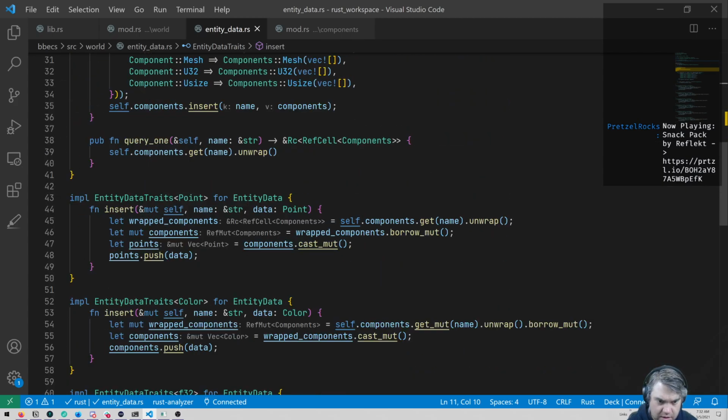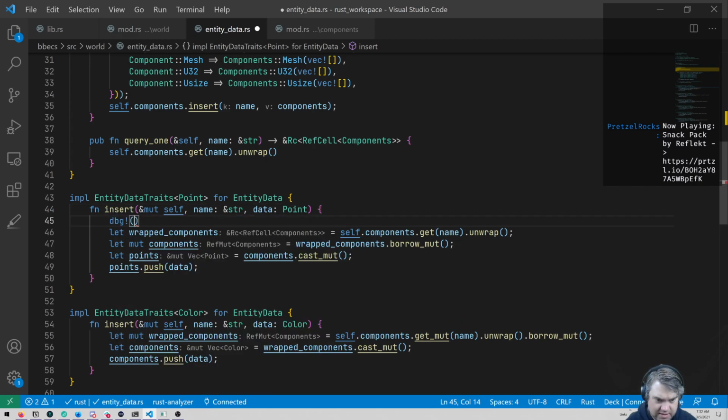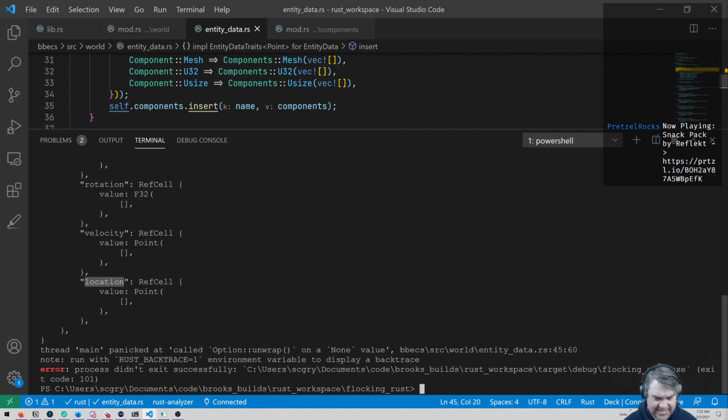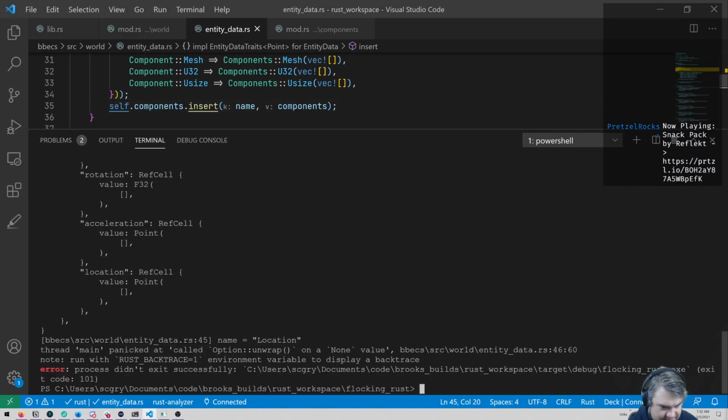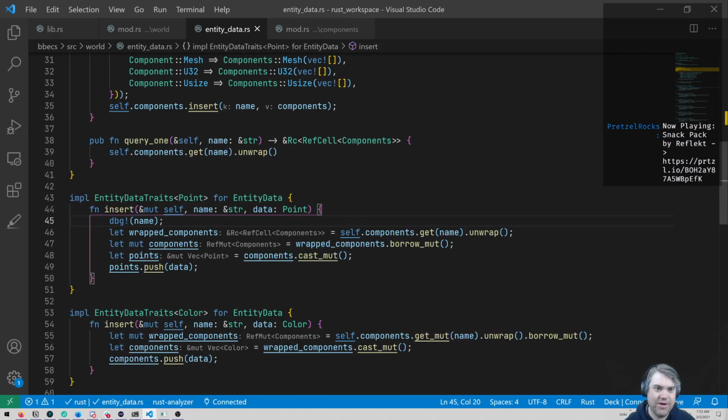Okay, so in here, we're going to do a self components get, pass it in this name, and we're getting nothing. So I want to debug the name and see what exactly it is that we're trying to get. And is it the same? Look at that. We're trying to get a capital L location when it's a lowercase l location. Okay, that's a problem.